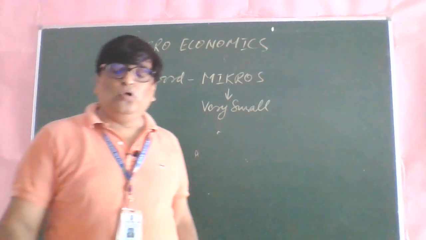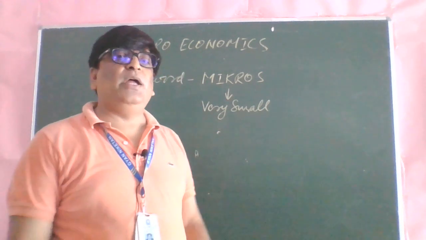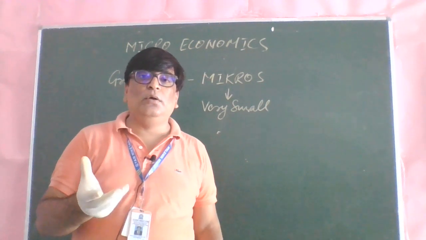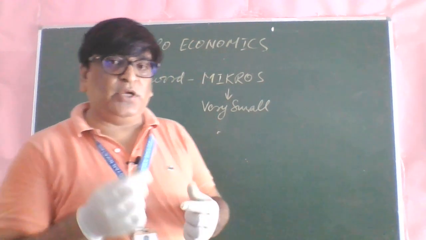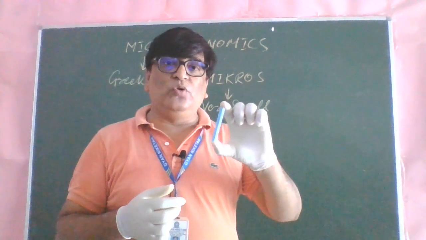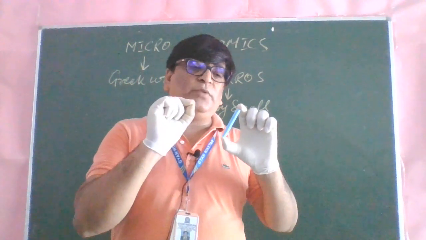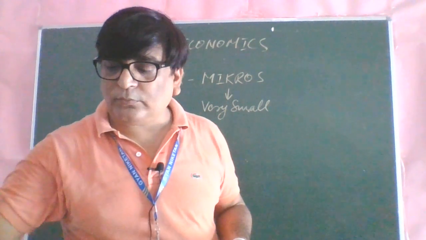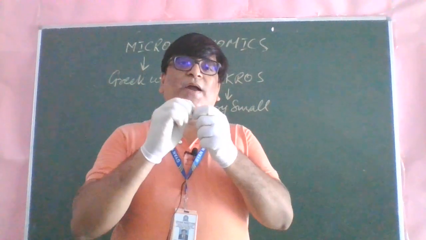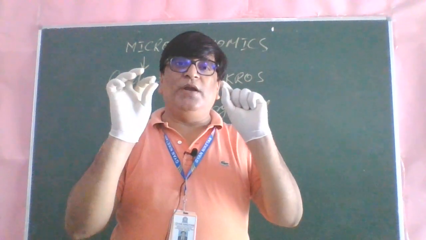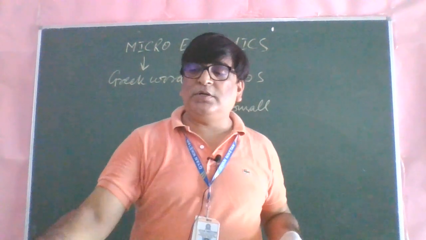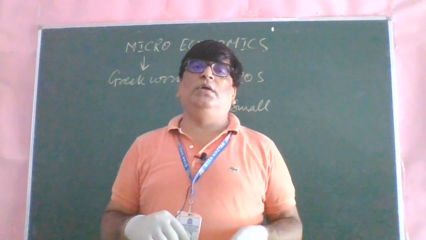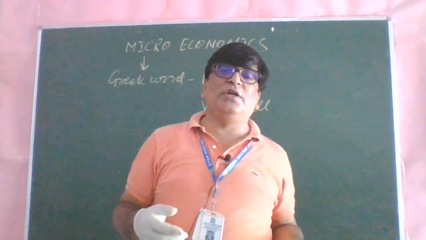Okay, so if you go very small, in natural science nowadays nanoscience is there. Nanoscience means what? If this chalk is made of the compound limestone, and the smallest particle of the limestone, suppose this piece of chalk is there, you divide it into two parts. Now further you can divide it, but the particle which cannot be further divided becomes the nano particle. वहां भी तो नैनो साइंस आ गया आजकल नेचुरल साइंस में.